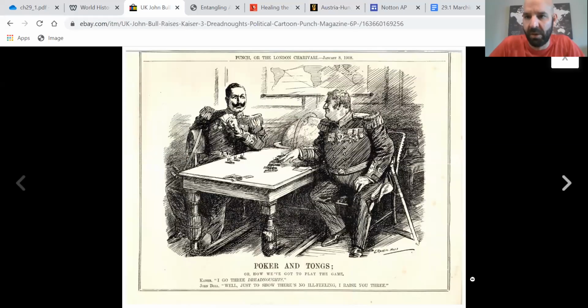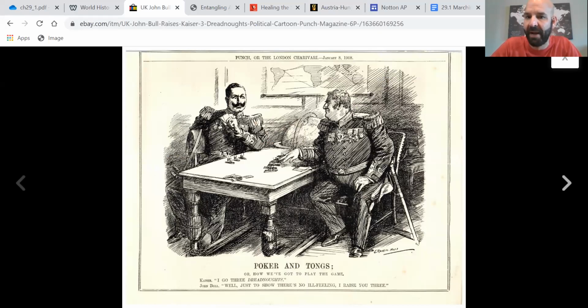So here is a political cartoon. This was published in 1908. It is from a British magazine. And the man on the left is the German Kaiser. His name is Kaiser Wilhelm II. And the man on the right is a representation of England. Now, an example of militarism, which is where European nations glorify military strength and build up huge armies, we can see that here in this political cartoon.